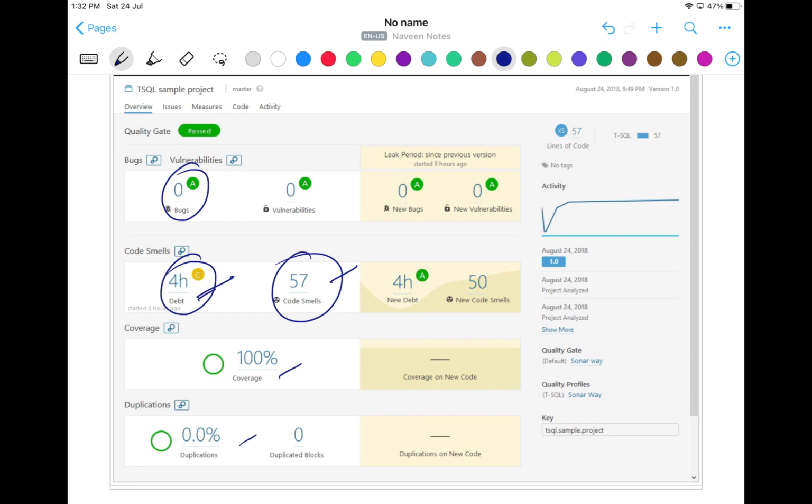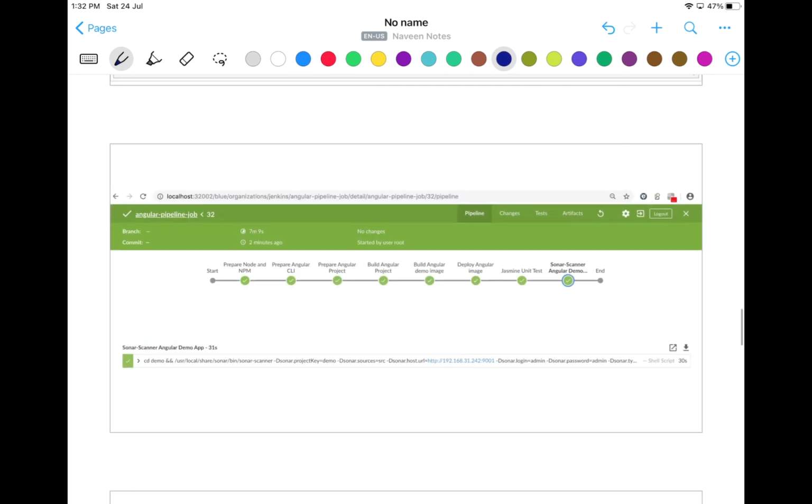So it will give you a nice dashboard which will tell you what the code smells are. Are you using any duplicate code, variable names, try catch blocks, if else conditions? I can show you certain examples right now. Again, this is a typical CI/CD pipeline for an Angular project. For the Angular project also, it is doing a SonarQube scan for the Angular application. Once the Jasmine unit level test cases are done, it will execute SonarQube and then publish the report for JavaScript projects or Angular projects also. It can easily fit there as well.